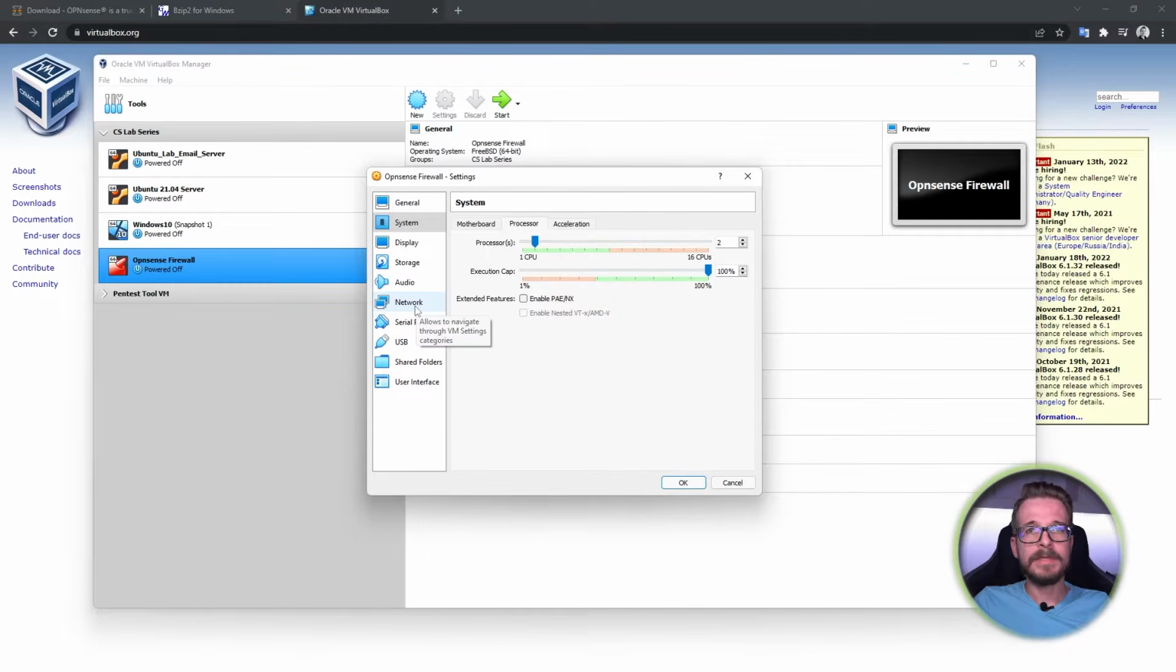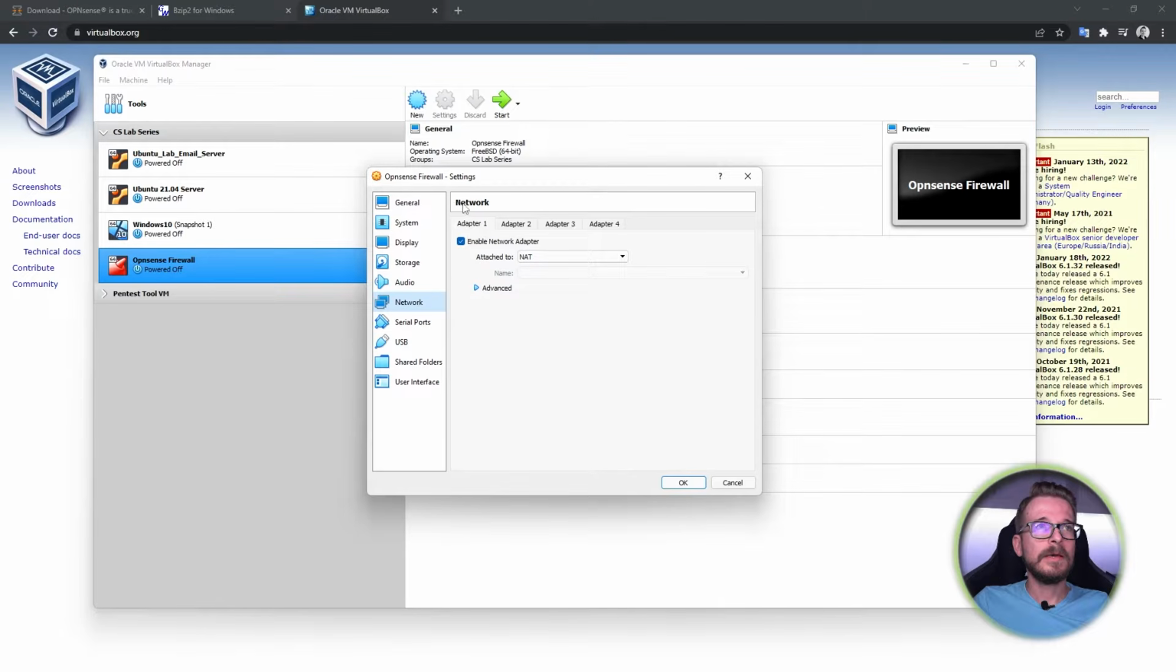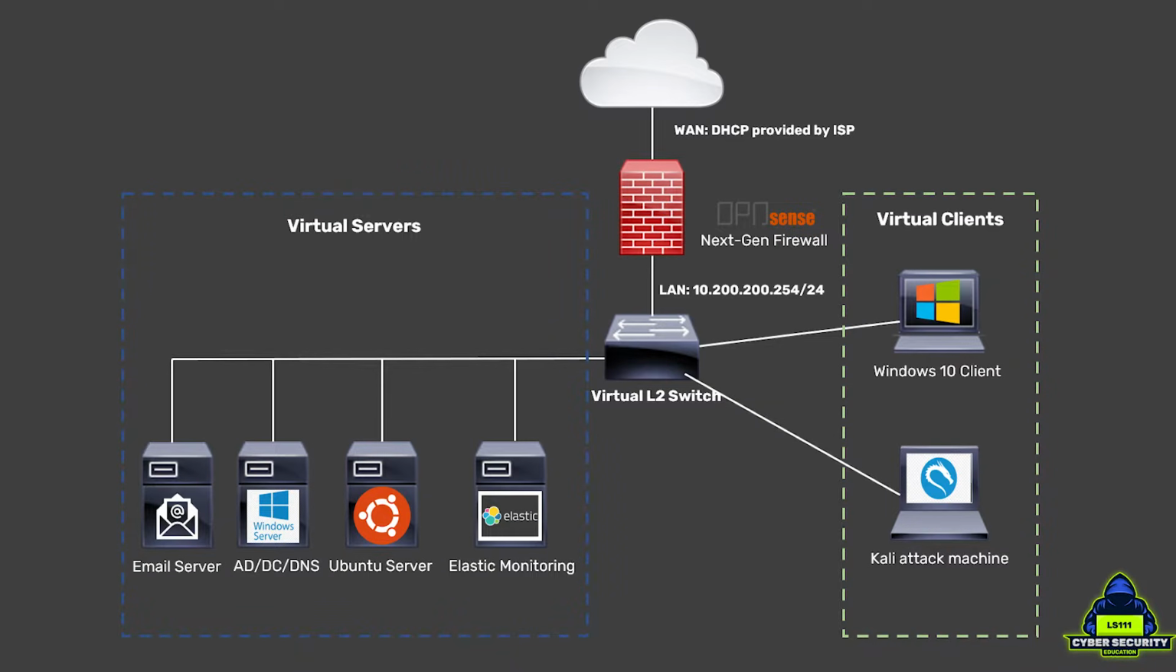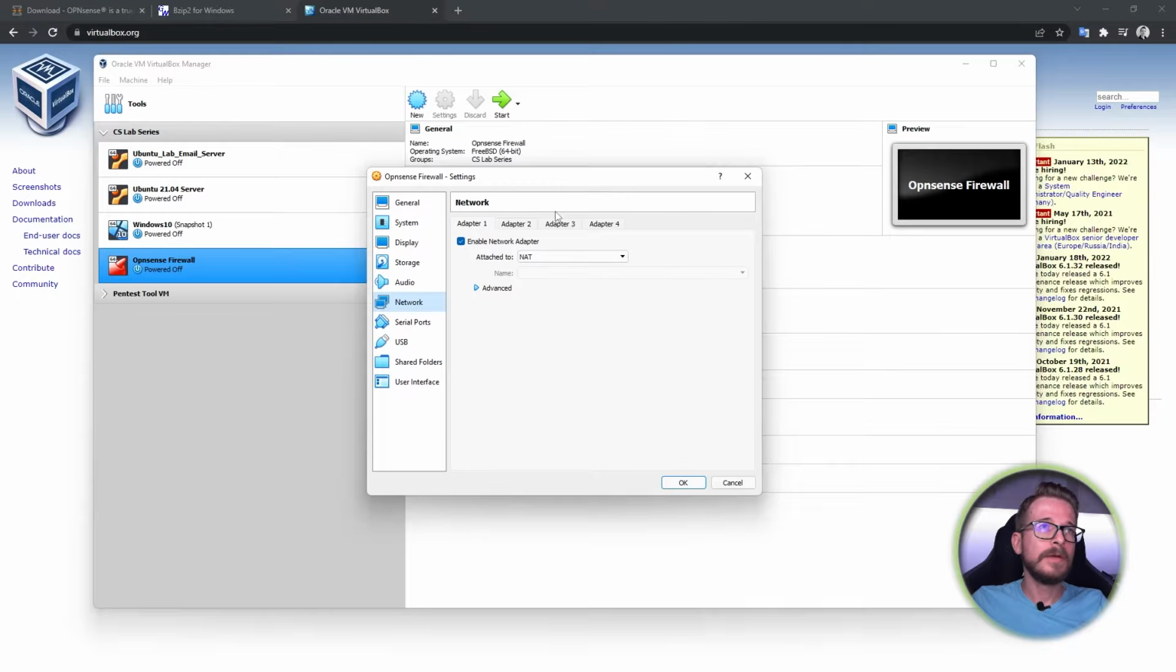We'll then head over to the network section, and this is where we'll set up our adapters. For OPNsense to work correctly, or any other firewall for that matter, you need to have at least 2 interfaces on your firewall, one for your WAN that's connected to your internet connection, your wide area network, and the other that's connected to your LAN. So to simulate that in a virtual environment, we will set adapter 1 to attach to a NAT setup,